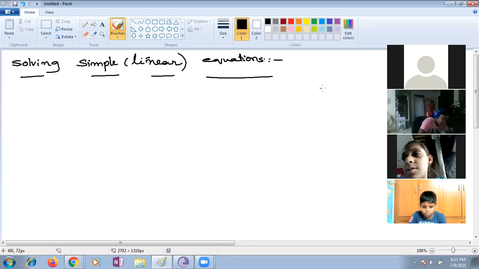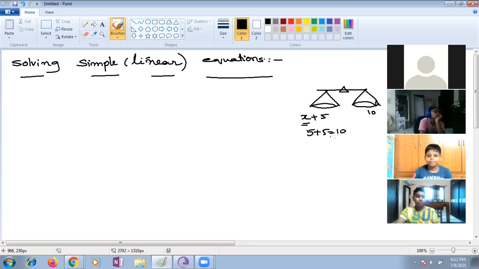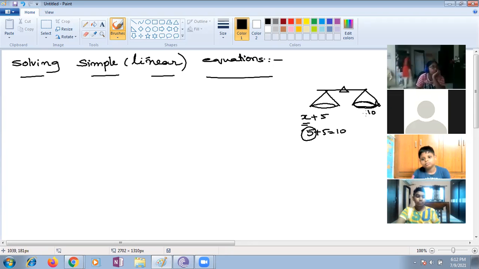Just now I said the balance is the best example for you to remember the part. Suppose I'm keeping x plus 5 kgs on the left side, and on the right side I'm keeping 10 kgs. At what value of x should this simple balance be balanced, children? If I put 5 kgs instead of x, 5 plus 5 is 10, then only this should be balanced. How are you getting the value of x here as 5? By seeing, you know that these are very small natural numbers you can identify very easily.